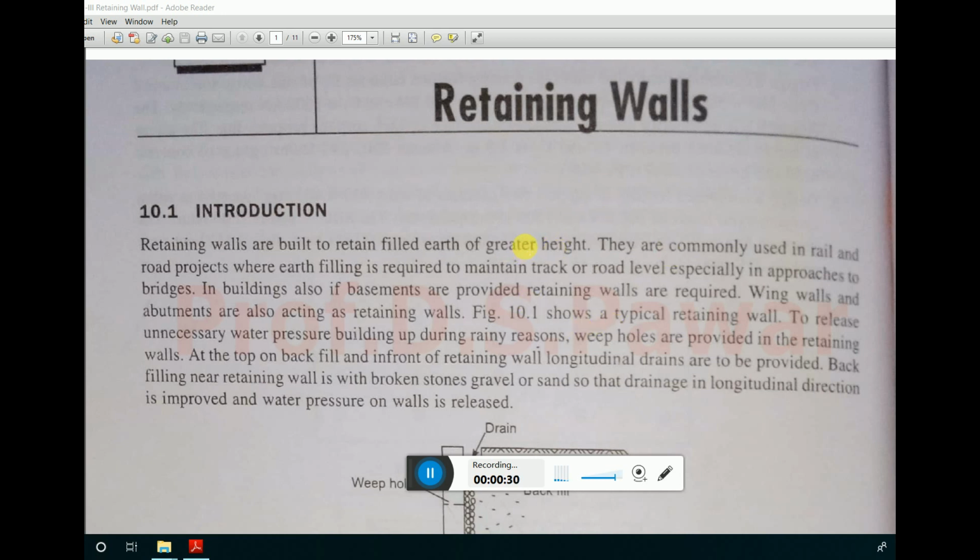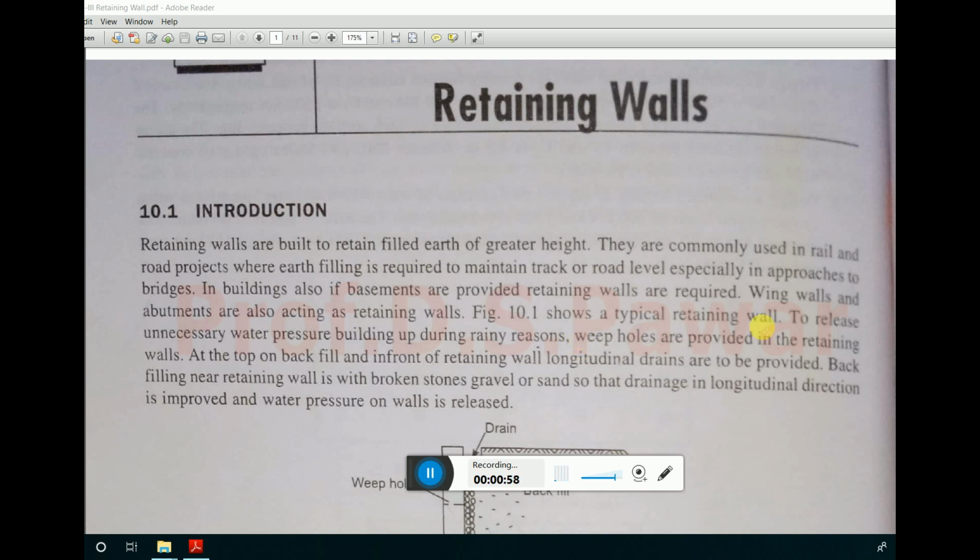Generally, when a road is going to be constructed, some passage access has to be provided along the road. In that case, a bridge is provided. To provide the bridge, we have to provide the retaining wall at the edges of the bridge. When we provide the bridge we have to give certain heights, and that much height of retaining wall we have to provide at the end.